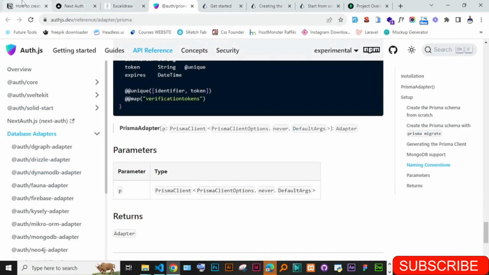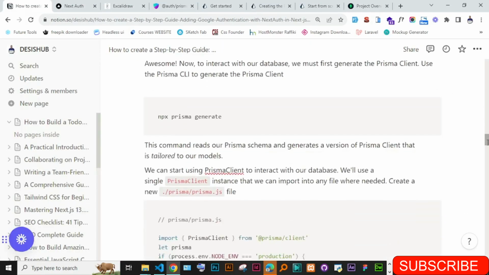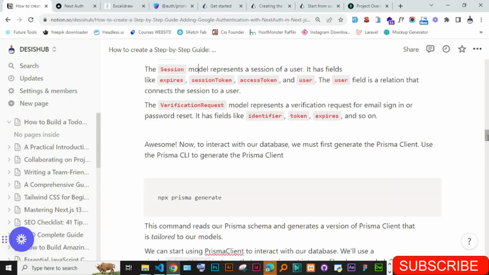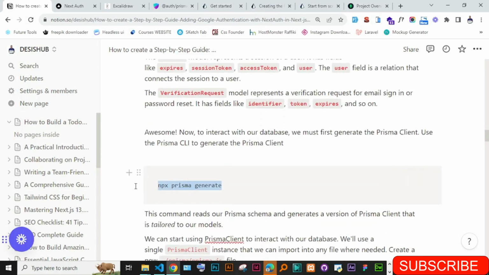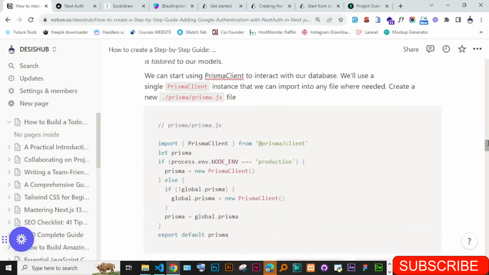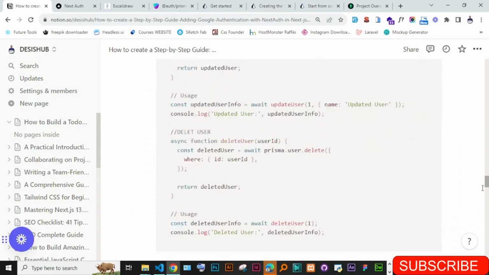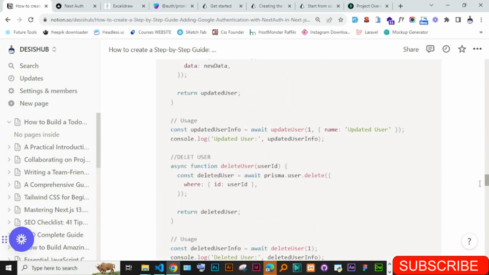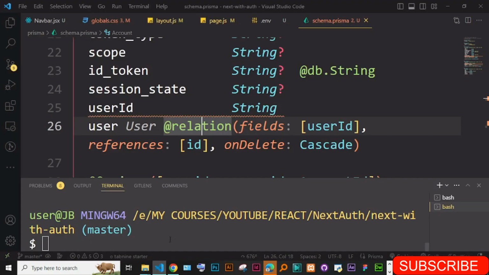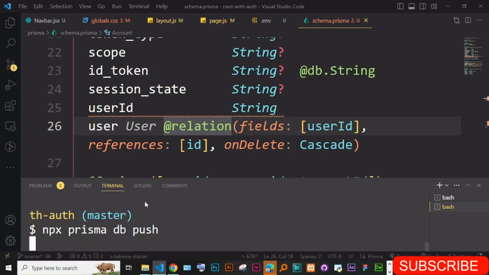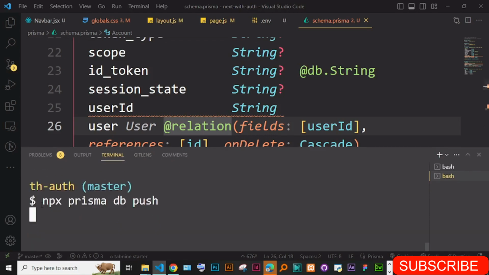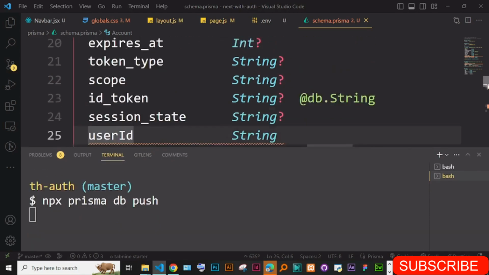Okay, so let's just move on with the documentation here. So now we can just go ahead and run this prisma generate. Okay, and by the way, you can also use npx prisma. So there is where we can run, let me see something here. We can run npx prisma db push. So if you run this command here, npx prisma db push, you are trying to push all these